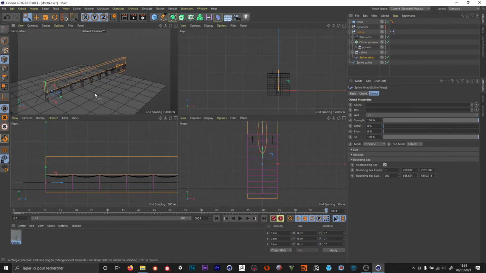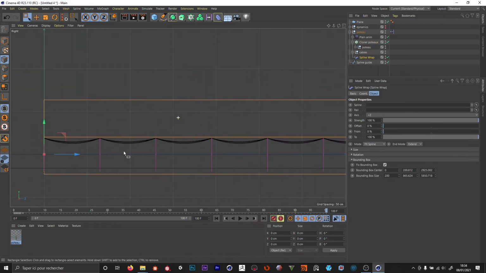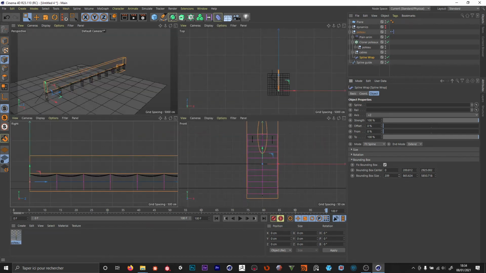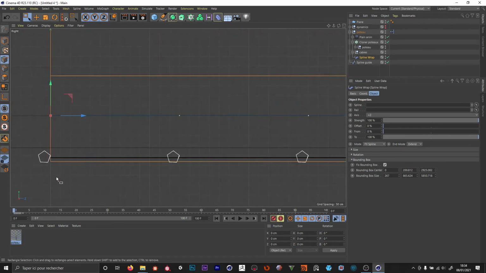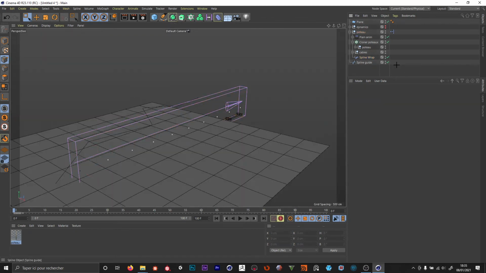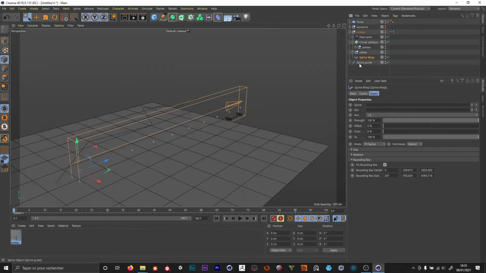Moving forward, we're gonna go back to our bounding box. Here we're gonna add some space in the X direction, then in the right view we want to add some length and some height, so everything is inside the cage. And then we can set that spline back, and now everything seems to work, except